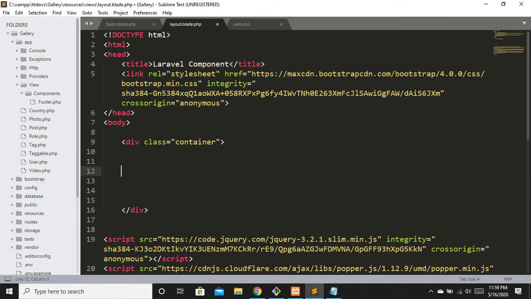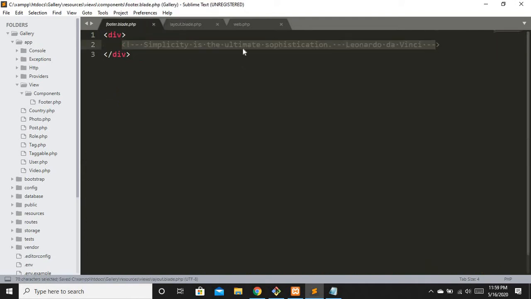Okay, now we are going to create this footer component with a markup with x hyphen and the name of the component right here in lowercase, footer. Now we can basically self close it right here. It is going to work. I will just remove a comment from right here so that we can see some data. Let's hit refresh, and you can see we are having our data right here.